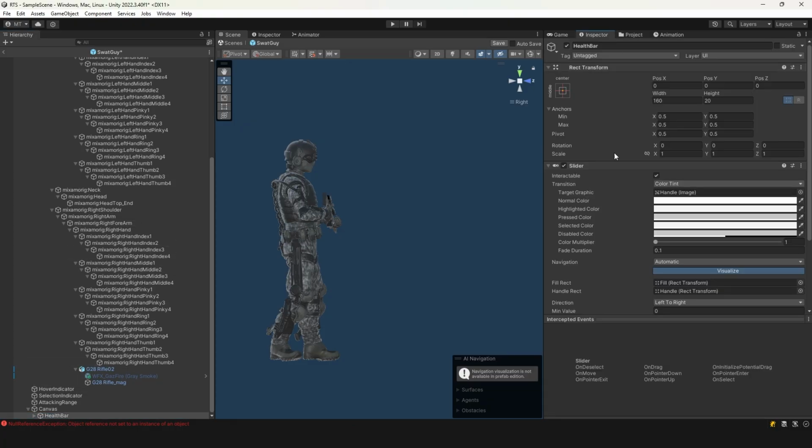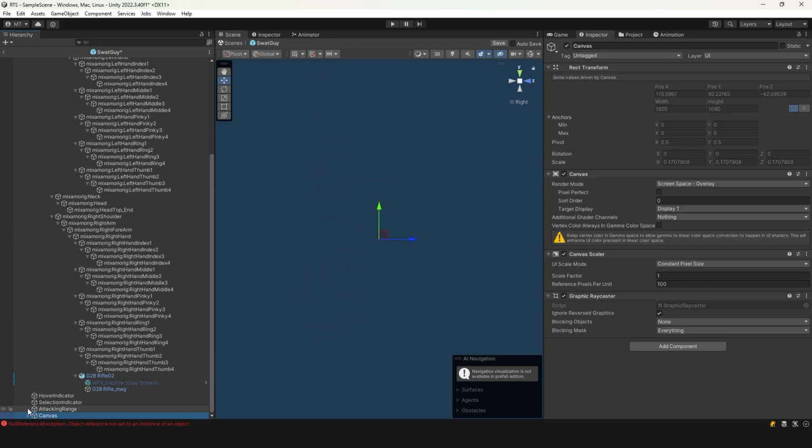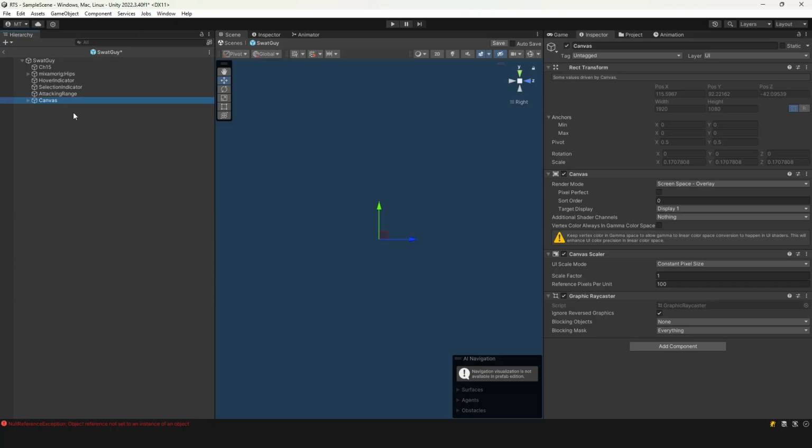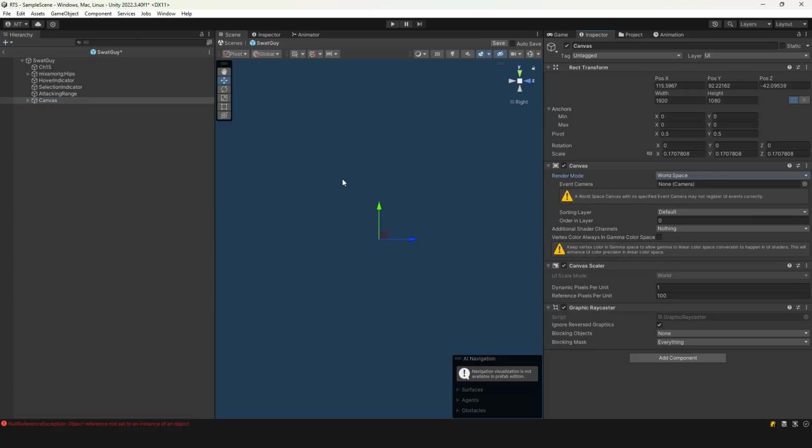Let's go to the inspector, and let's set the canvas to world space and reset the position. Hit F,